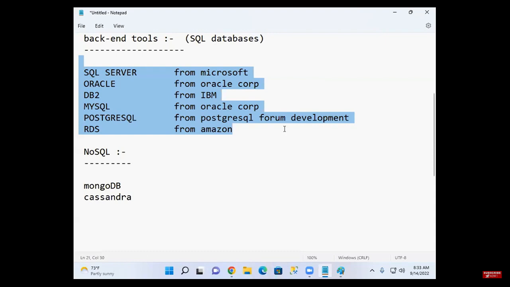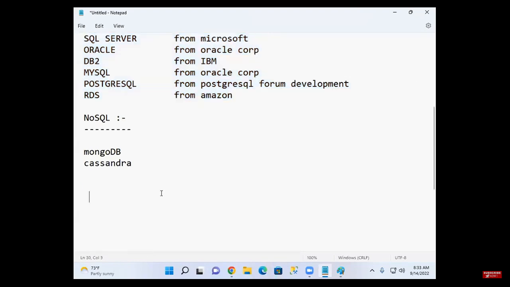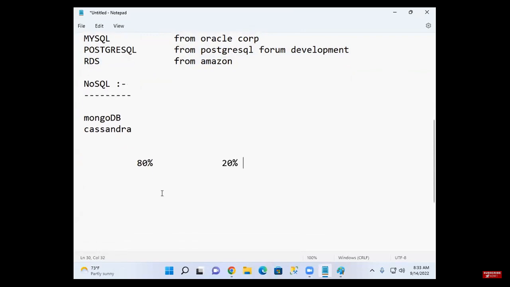Some years back, in the olden days, 80% of data was structured and only 20% of data was unstructured.